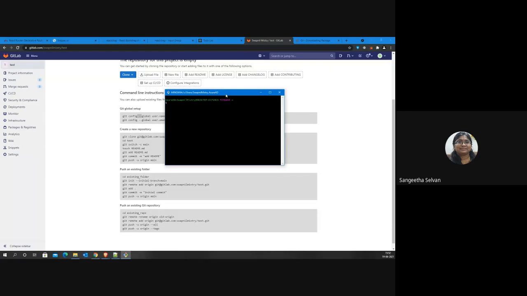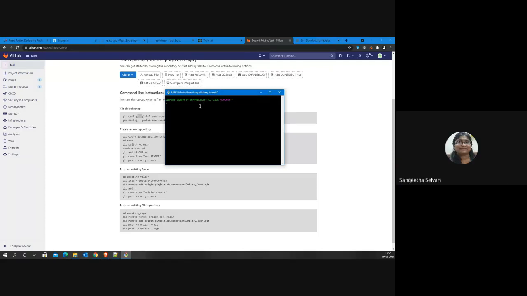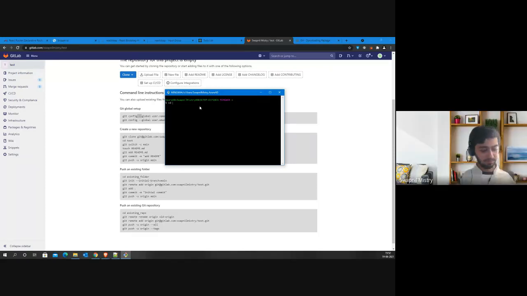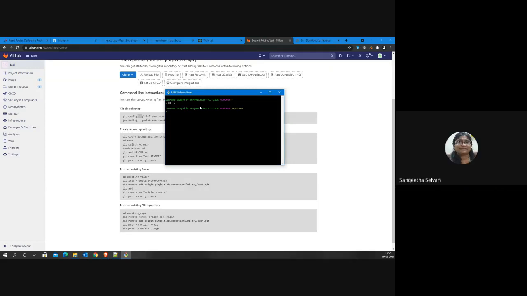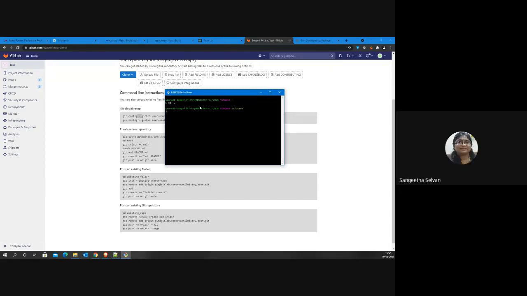Yes sir, those two lines are done. Okay, so now you need to go to your directory, right? If you write cd space dot dot, just try to write cd space dot dot. Yeah. So now you should see something like what I'm seeing, C users. Now you can traverse to your path easily, right? Okay, fine.